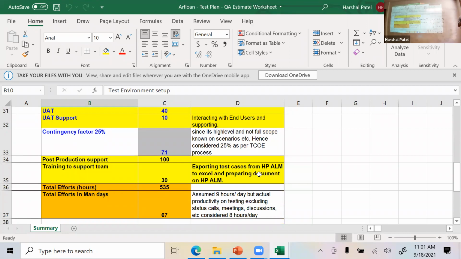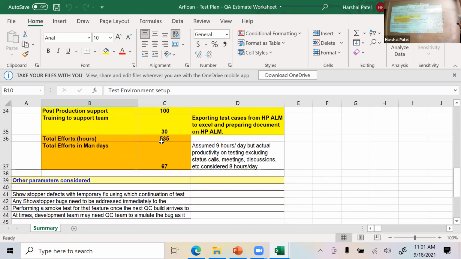What if the code is so buggy that you need to keep rerunning testing mode? Well, how much percentage can you keep for that? You keep all those different hours, and then you add all of them. Right? And then you come up with a specific number and say, okay, this is my estimate of what it's going to take. So for this one, in order to do the testing for the airflow systems, our original estimate was